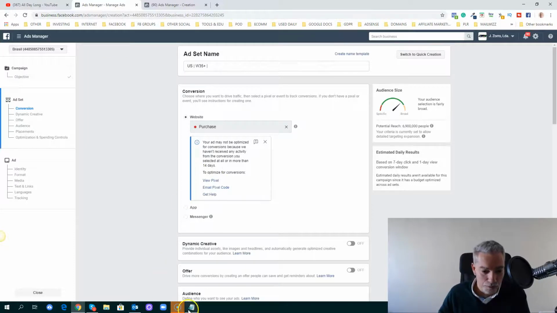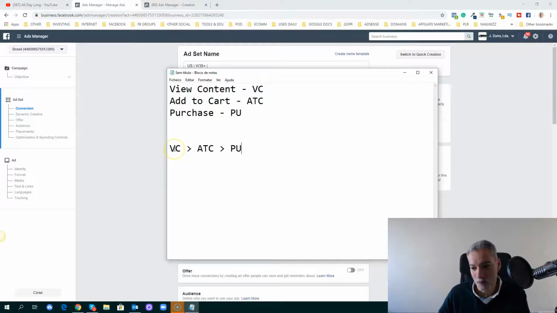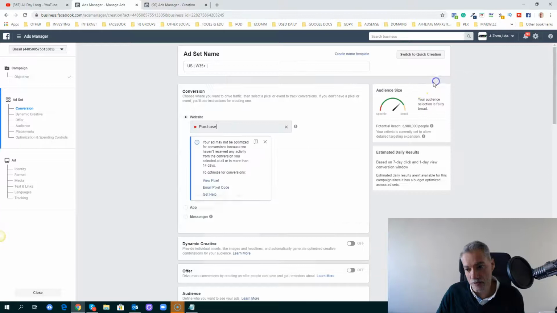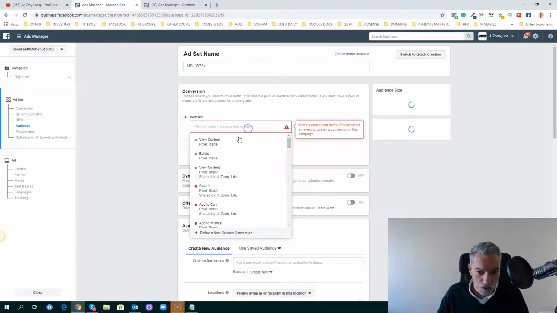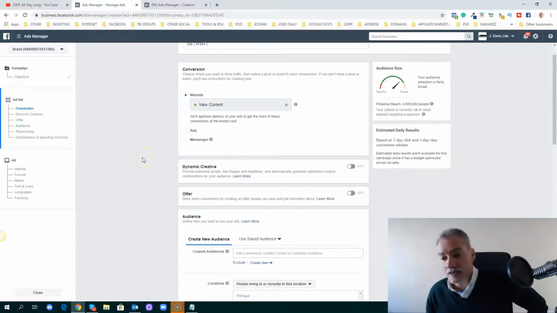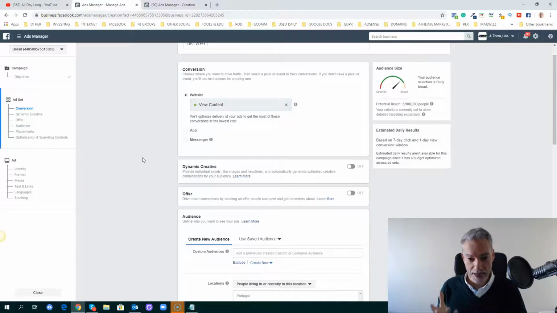And if we look here, the VC will happen more frequently. You will have more people seeing your content than the people who end up purchasing the product, right? So one strategy that you can use when you are starting out, instead of just choosing purchase, is you choose view content. When you finish creating the campaign and the ad is active, it will take some time